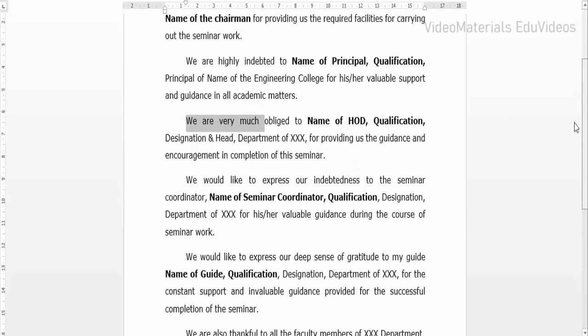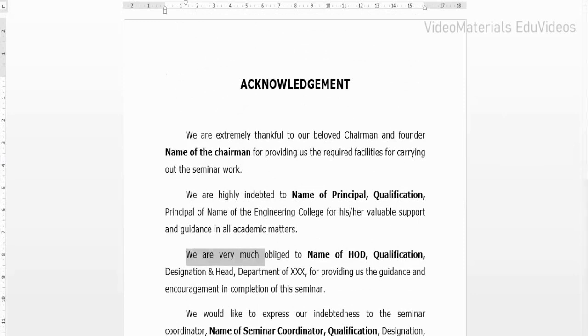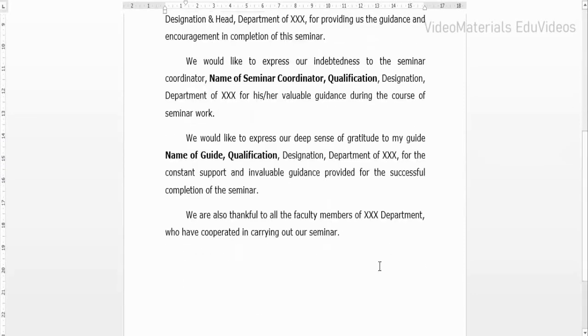Then we have a small correction in this content, because if you are maintaining the acknowledgement page for the project, you need to represent the word project here. But when you are formatting the acknowledgement page for the technical seminar, then we need to highlight the seminar. That means we need to consider the word seminar here, and we should remove the word project from this line.